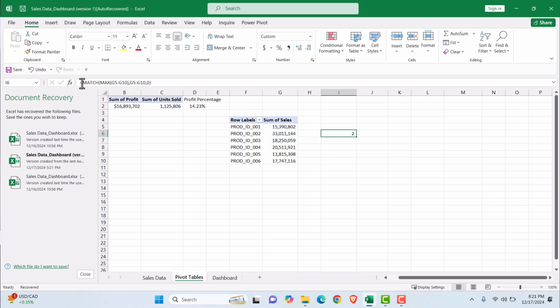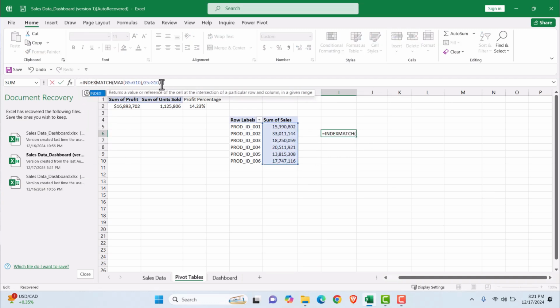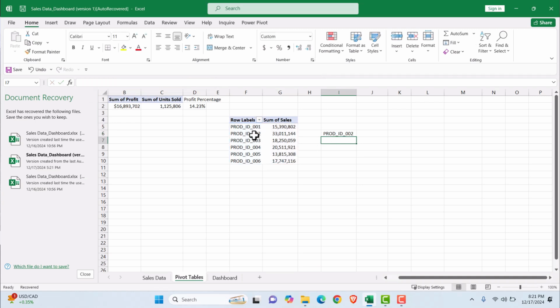Now I will have to apply the index function as well. So this is the complete range, and comma, then again comma, and this time I will put 1 because I need the product. I'll hit enter. So this is the product that is making the highest sales, and the revenue it generates. So I will just copy this formula and I will paste it over here,